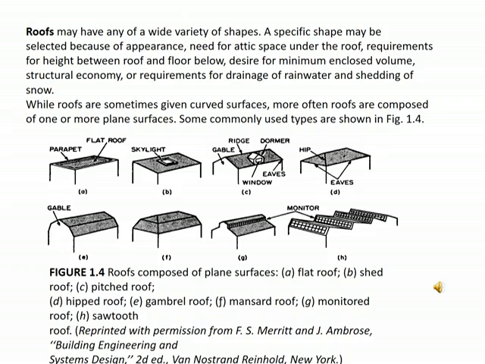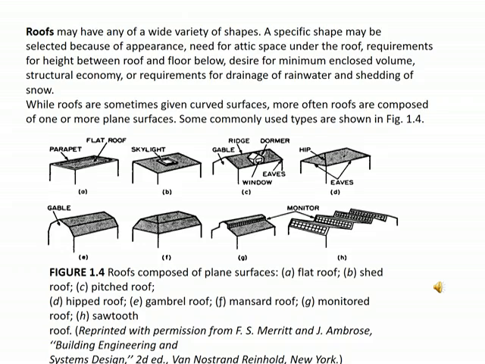The desired minimums are to enclose a volume, structural economy, or requirements for the drainage of rainwater and the shedding of snow. So the roof will have a shape. So the function of the roof is to drain the rainwater and to shed the snow. Roofs must have the appropriate strength to withstand the wind, the rainwater and the